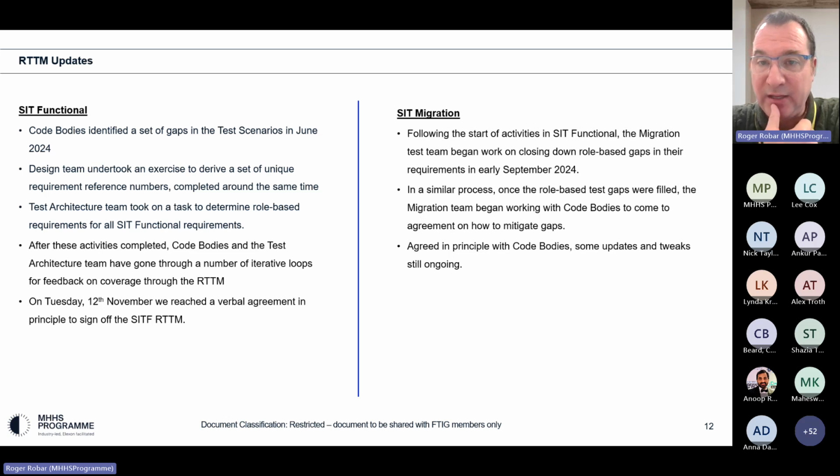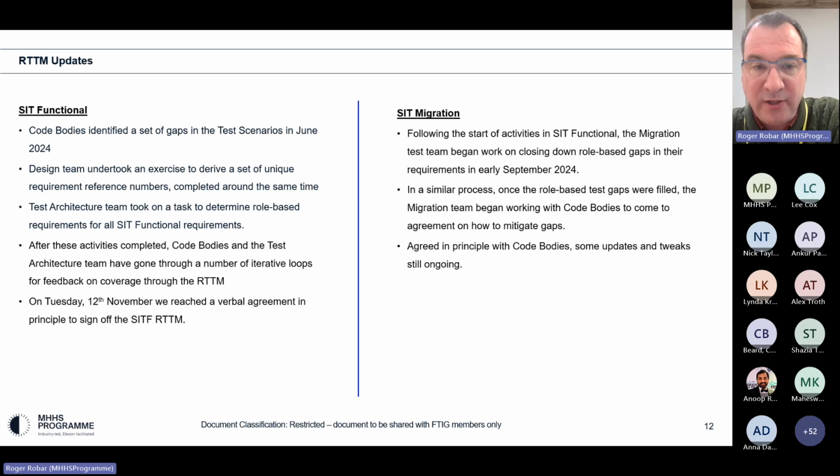Anytime the code bodies come with further reviews, they ask for updates to be made with qualification testing in mind, with other lenses. So we have the agreement in principle, and we're still updating both sides, the requirement side and the test side.